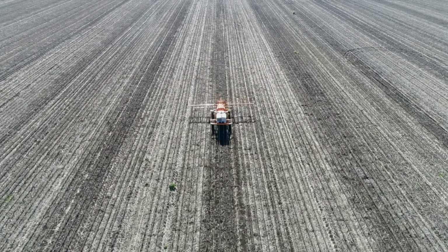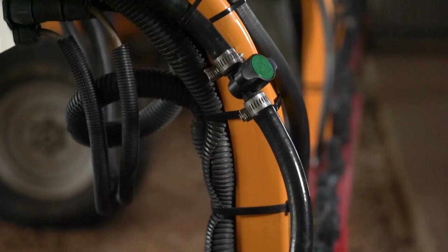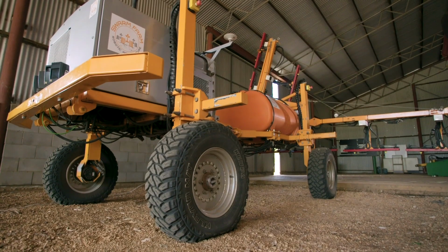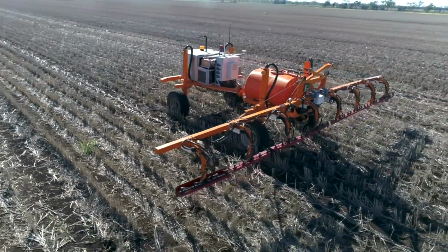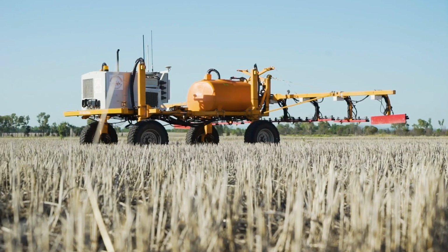If you look at what's the perfect way to grow a crop, is it actually with a large machine, or is it actually with something that's quite small, that can do things slower but more accurately? And robots offered that. Our robots are a platform to carry smart technology around fields. What stands out for us is the software developers can put a new bit of software on a robot straight away, and within an hour of completing that software package, it can be out on a robot in a field